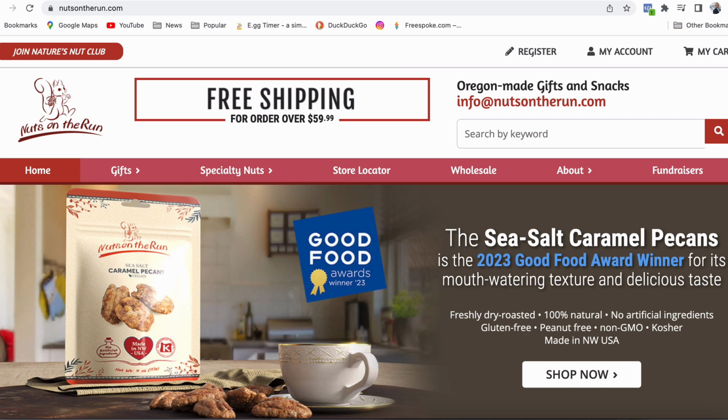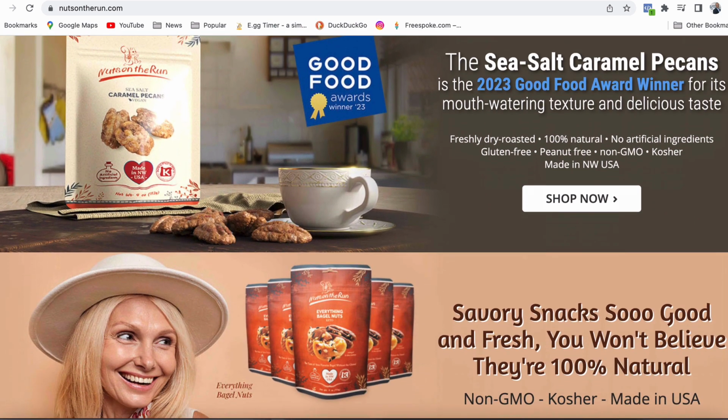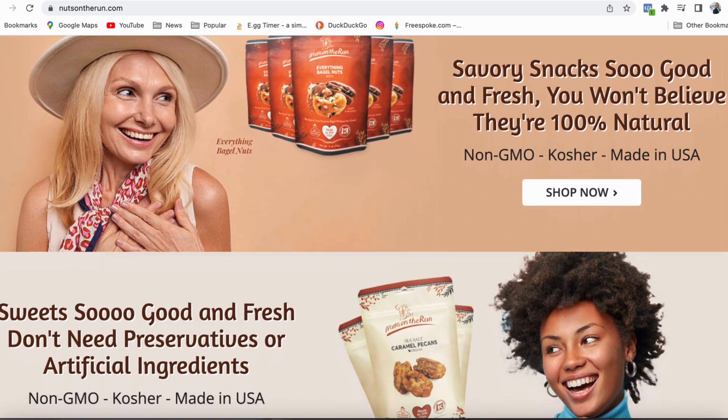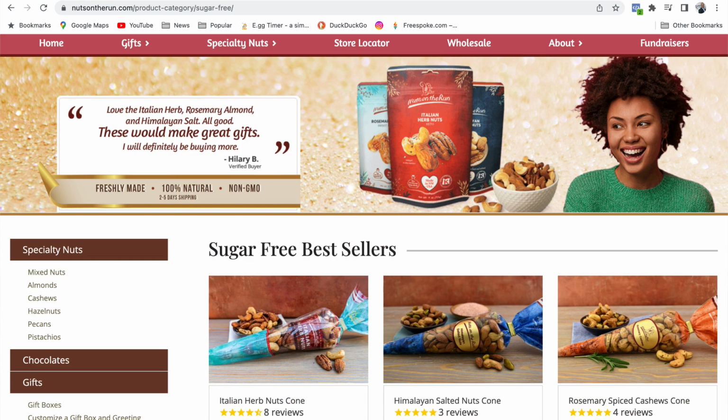I have a client, Nuts on the Run, and they sell natural caramel pecans, natural cinnamon almonds, and so forth. They're really a candy store. They do have some no sugar alternatives, but most of their sales are actually the savory, but sweet kind of thing, kind of sweet and sour or salted and sweet. They call them savory. And they have those sweet nuts, caramel pecans, cashews, almonds, and so forth.